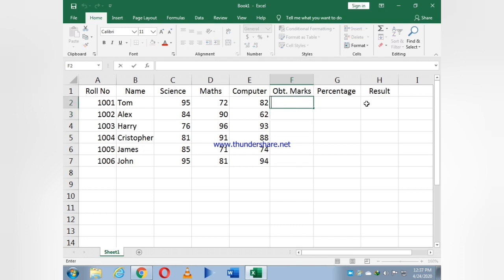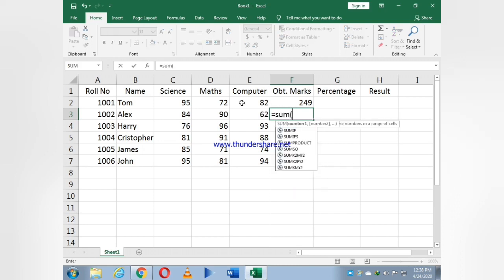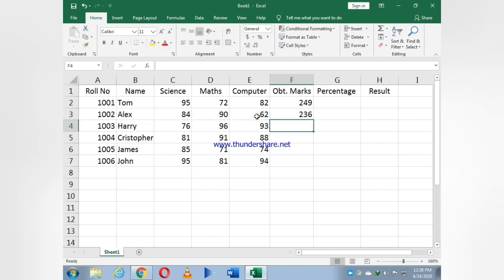Now we use the SUM formula for the obtained marks, like equals to SUM, bracket open, and then select the subject marks and then bracket close and then enter. Now we repeat it again, like equals to SUM bracket open, then subject marks, bracket close and then enter. Now we just drag it down,